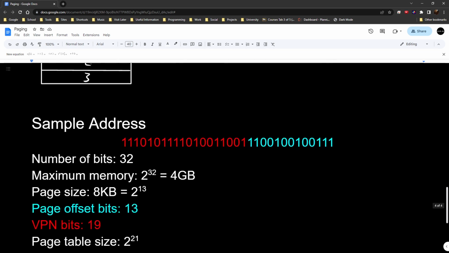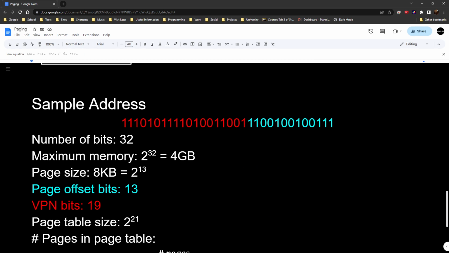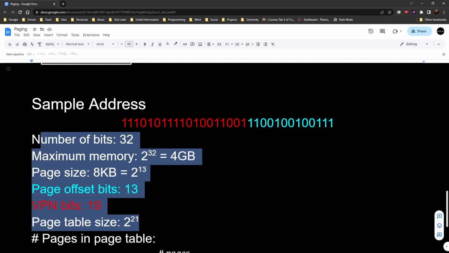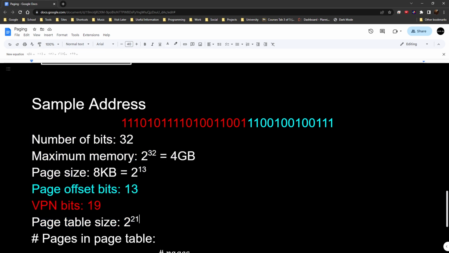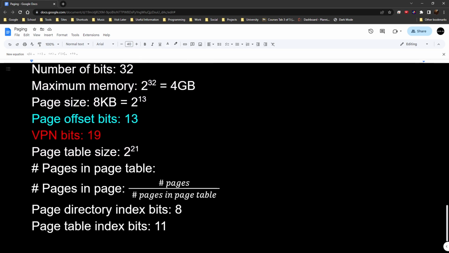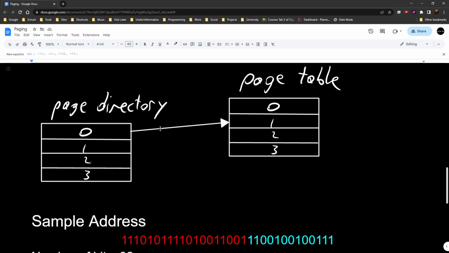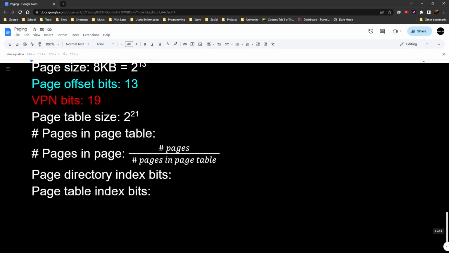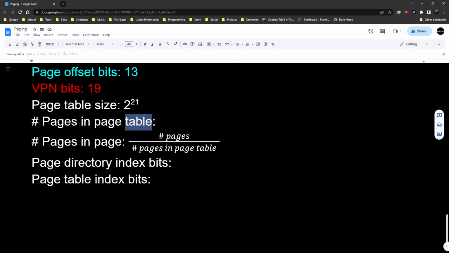That's a way of thinking about it. And so let's take that same sample address. This is the same one we copied above. Same exact calculations that we made from above, and we're going to use it to calculate some more information. So first, let's calculate the number of pages within that page table. So basically, I forgot to erase that, but that comes later. So basically, the number of pages in the page table, we're thinking this page table, which we're going to conveniently call page directory. So I could also rename this and say number of pages in page directory